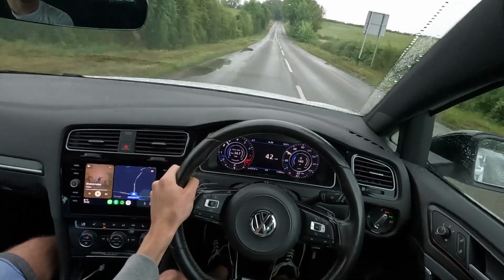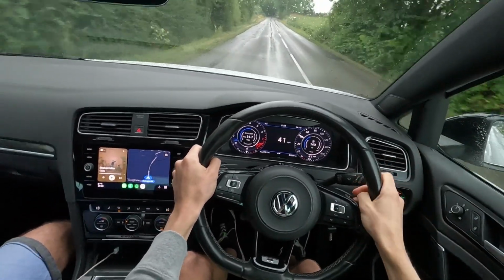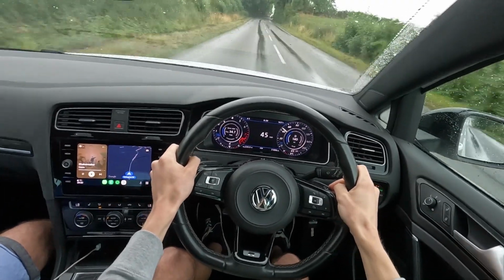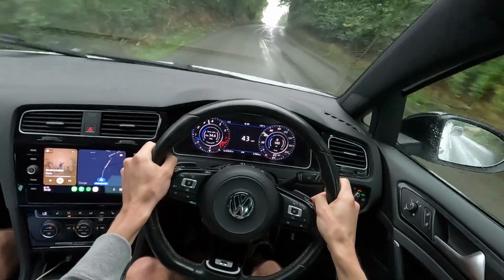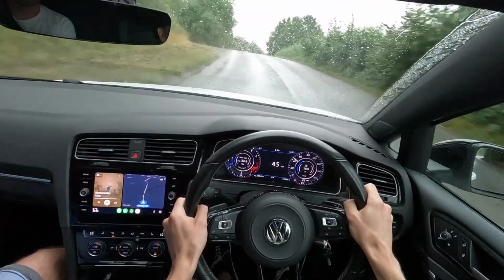But chatting to the owner, he mentioned, as a passenger, the owner of this R felt like the GTI had plenty of poke, and certainly for most people, it can get up to speed more than quickly enough. Yeah, the R is just...